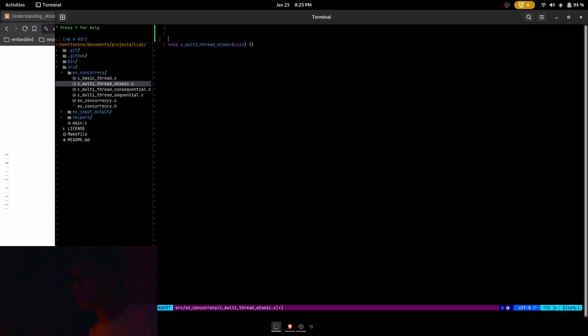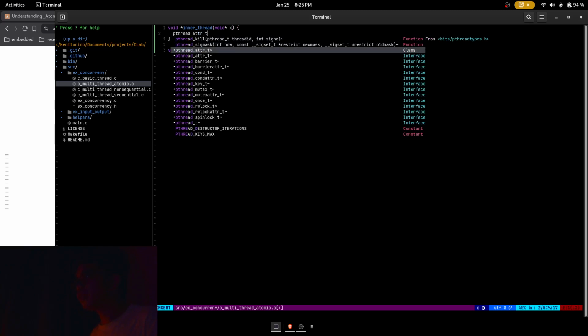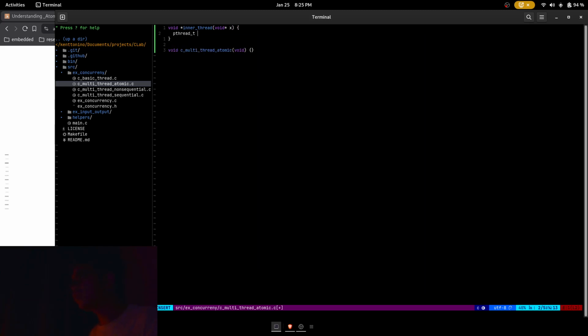So in here we will first create the inner function of this program. So, okay, inner spinning thread. Then usually it's a void x. Still I want to check the ID of this one. So the thread, I guess T. Yep. So thread x equals to